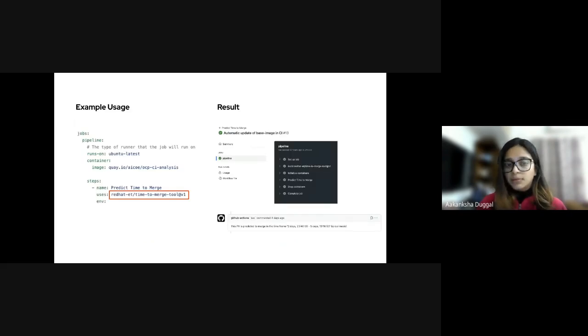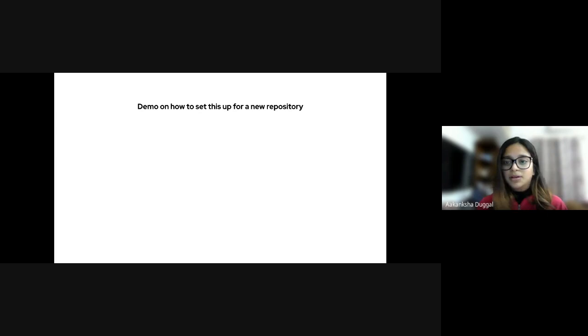And finally, we'll cover more of this in the demo, but on a high level, if someone is to use this workflow, which is set up as a container action, we can specify this action in the workflow file in the repo with some environment variables. And the result is going to be either the training and prediction workflows, and a GitHub Actions bot will actually comment on the PR just like this, giving an estimate of how much time it is going to take for a pull request to be merged. So now I'm going to quickly take you guys over the demo for a better understanding of how it works.